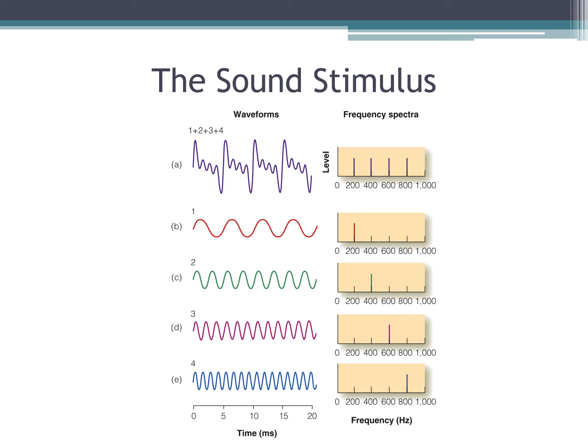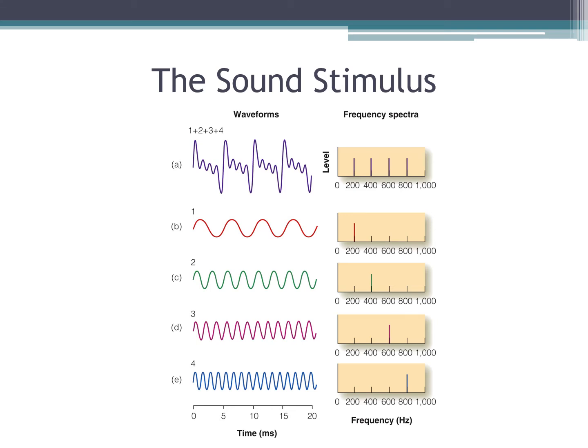And those are being put together, right, for that complex waveform that we see in A. That is including 200, 400, 600, and 800 hertz. And you can see that these are all multiples of 200 hertz: 200 times 2, 200 times 3, 200 times 4. And another thing that that means, right, is that